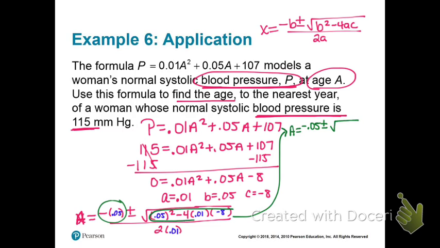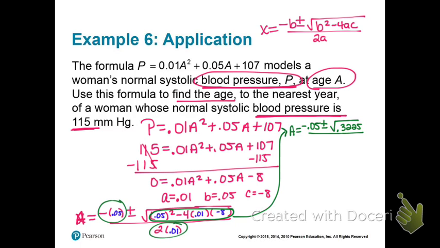So help me here, guys. What is negative 0.05 squared minus 4 times 0.01 times negative 8? 0.3225. Okay, well, let's check and make sure that's right. All right, so that is a good number there. All over